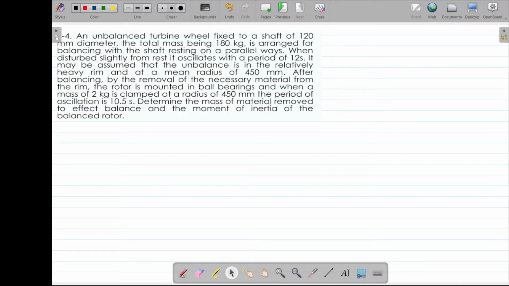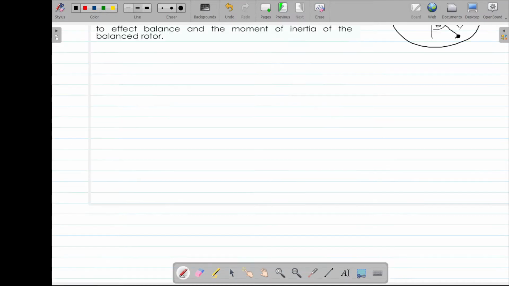All right. Thank you. So question 4, we have an unbalanced turbine wheel fixed to a shaft of 120 mm diameter. The total mass being 180 kg is arranged for balancing with the shaft resting on the parallel ways. When set slightly from rest, it oscillates with a period of 12 seconds, and time will be